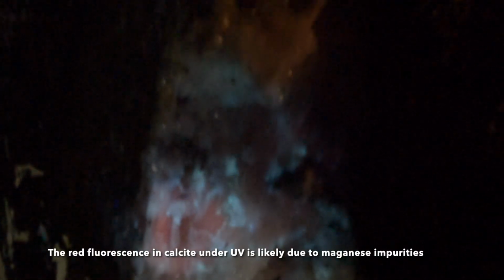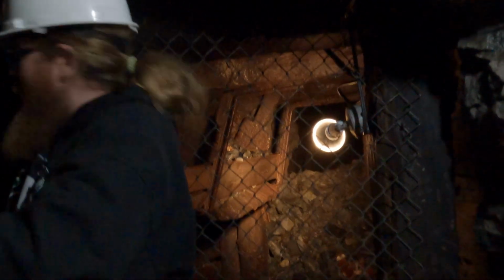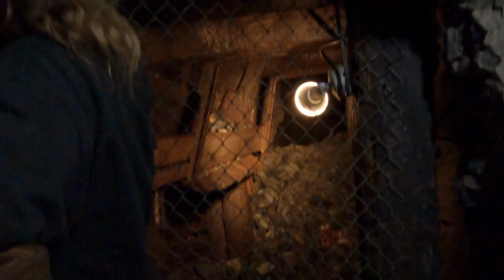The red part is stained calcite. So there's a bunch of silver that came out of there. They dumped it all through here, and they tried their best to keep their chutes as lubricated as possible. But unfortunately, because nothing can ever go right. I saw this